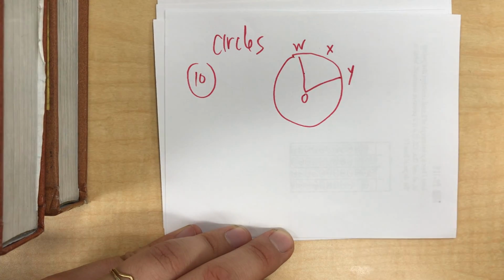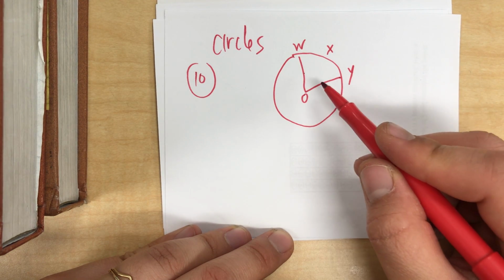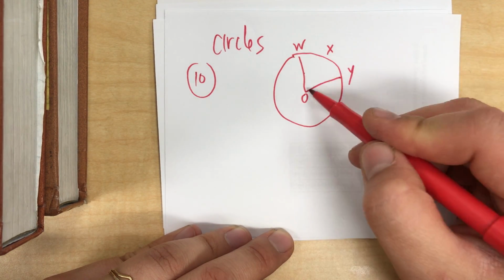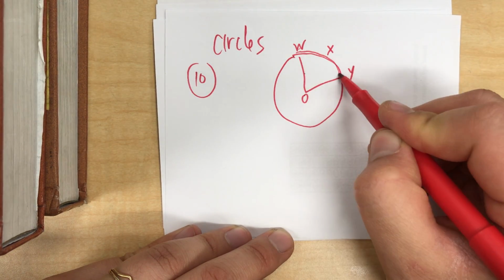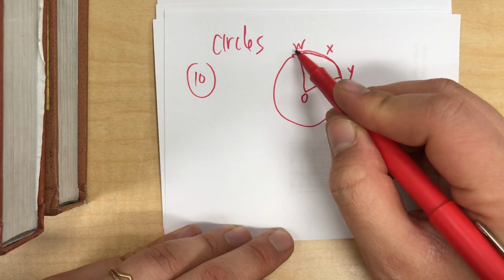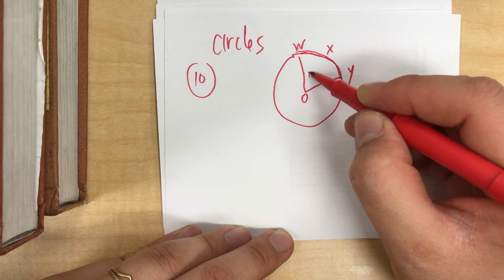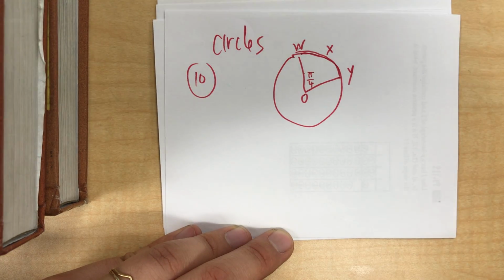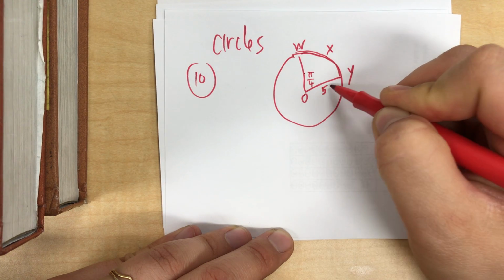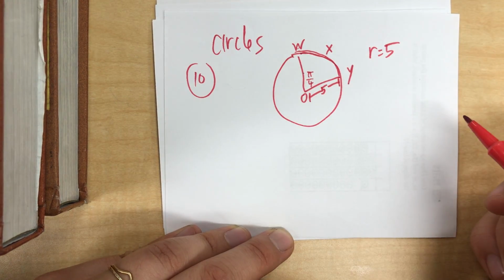It says the figure above shows a circle with center O. The central angle described by W, X, Y, this is the central angle right over here, measures pi over 4 radians. If the circle has a radius of 5, so the radius is going to equal 5, what is the length of